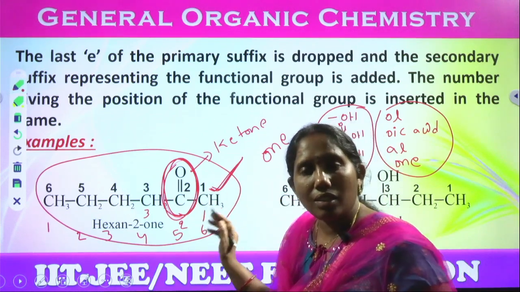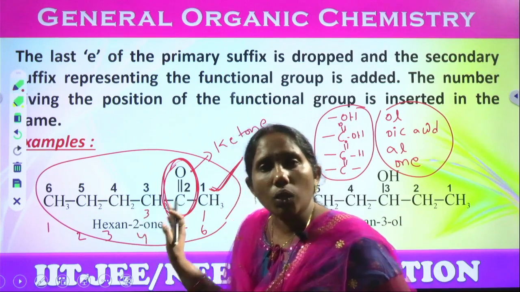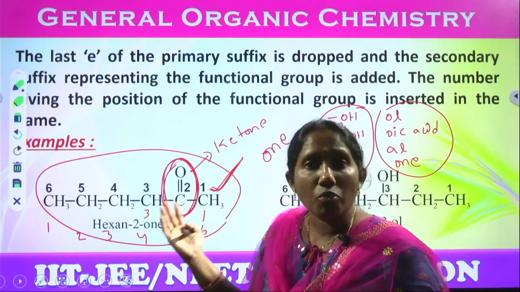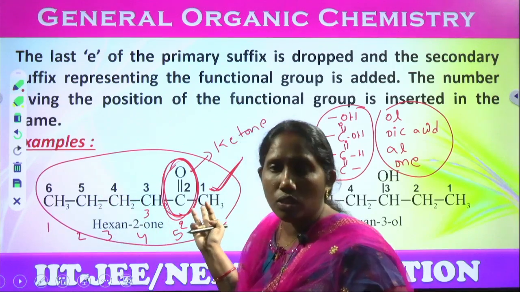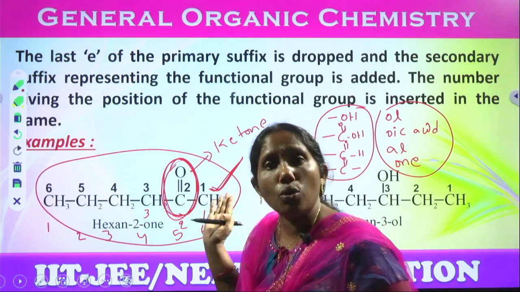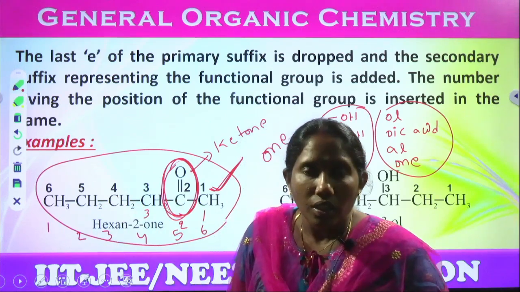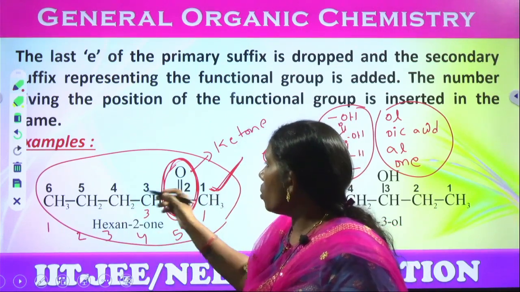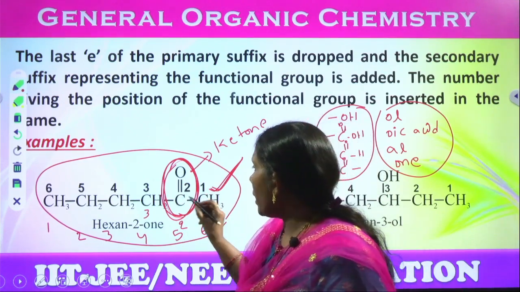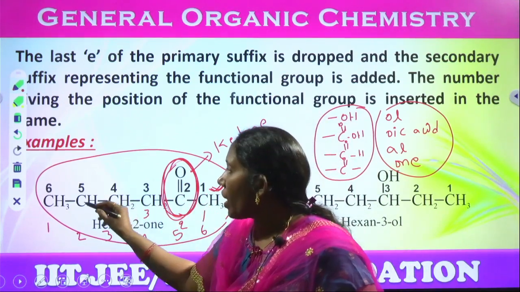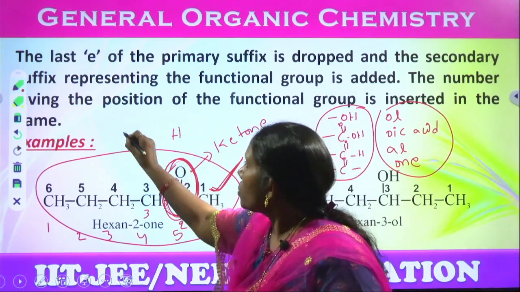Now numbering is completed. So now the name. While writing the name, what do we have to write? Prefix we have to write. But here there is no branch or substituent on any carbon, right? No substituents, so no prefix. Now come to the root word. 1, 2, 3, 4, 5, 6. How many do we have? 6 we have. So hex,